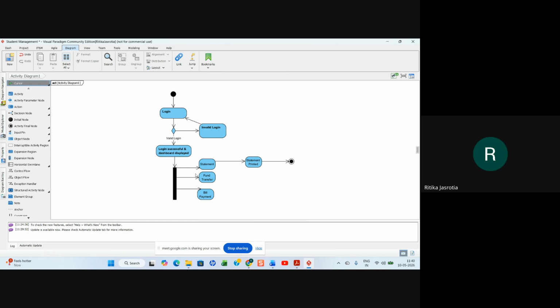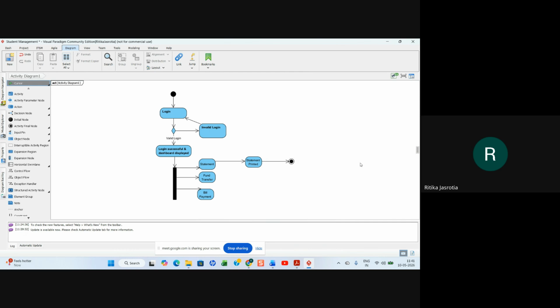In the same way, if you have to do fund transfer, then you will select the payee, right? Transfer the fund, and the fund transfer is done and stop. Bill payment also, you will select the biller, the company whose bill has to be paid, and then you will pay the bill and stop.